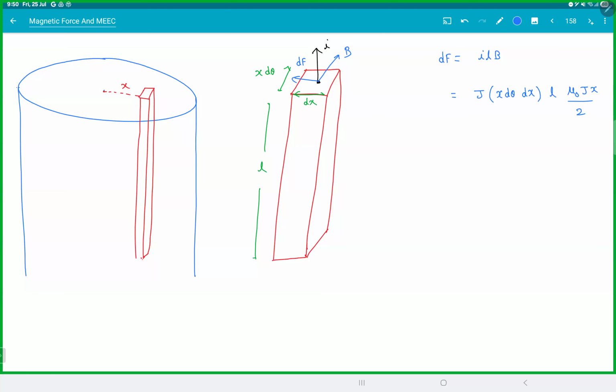Here you won't have that problem because the magnetic field from this thin wire is negligible in comparison. Previously, we had to take it because both were equal. This is the force. Now, if you take this strip,